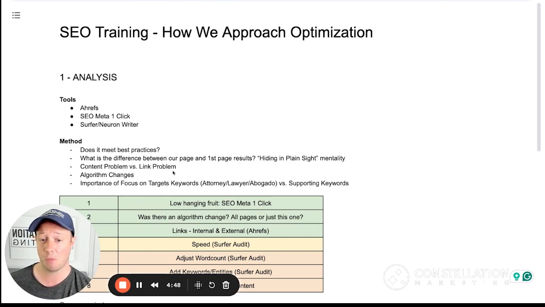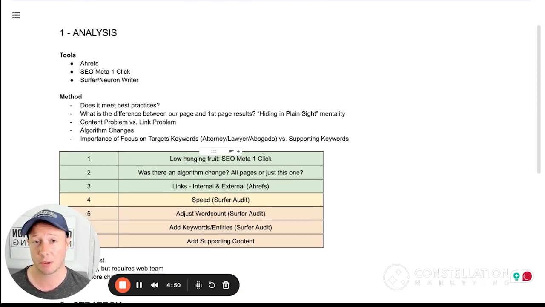And I'll talk about it even more here in just a second with talking about the low-hanging fruit. That's really where we're just doing a quick, top-level analysis through SEO Meta one click. We're also going to look at images. We can look at links in there, and it's just a really nice tool to get a quick analysis of, like, are there any low-hanging fruit items that we can go and tackle just to make sure we're doing best